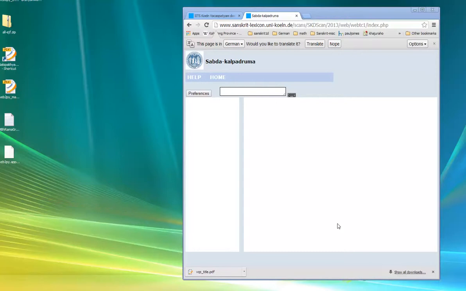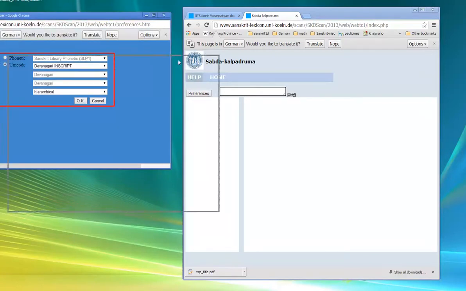Here I've opened up in a browser, this is a Chrome browser, the web page WebTC1 for the SKD dictionary, Shabdakalpadruma. Now I'm going to click the Preferences button and